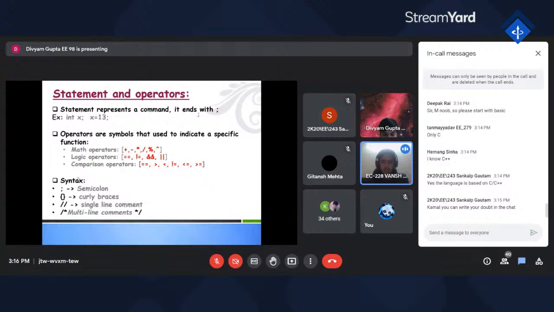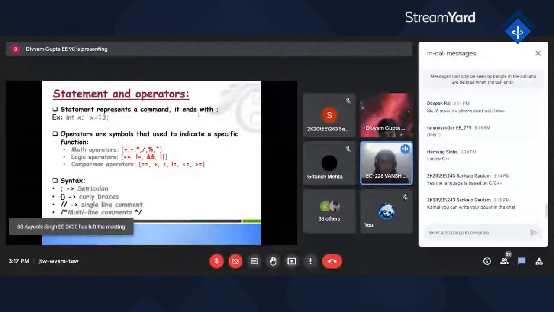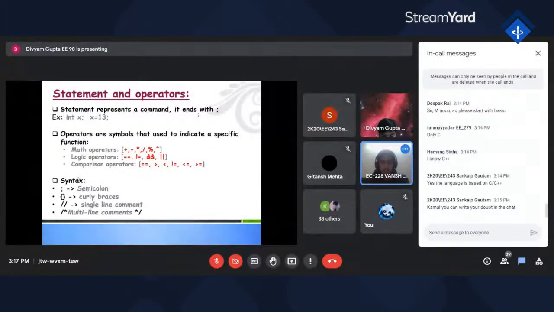Though syntax varies, it is very similar. Until you define a particular variable and write a semicolon, it will not execute. The compiler will throw an error. Until you put a semicolon at the end, it won't be treated as a statement.